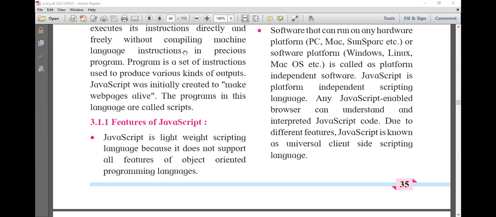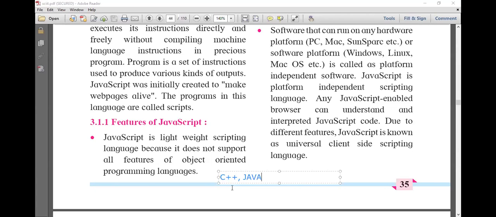See, C++ is a completely object oriented programming language. Pure Java is also an object oriented programming language. So these two programming languages, C++ and Java, are object oriented programming languages.